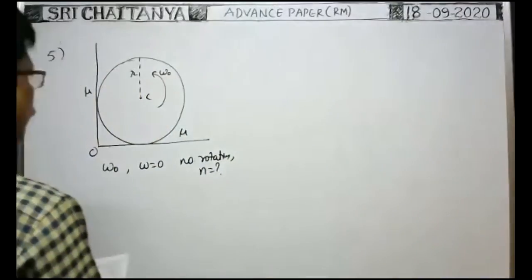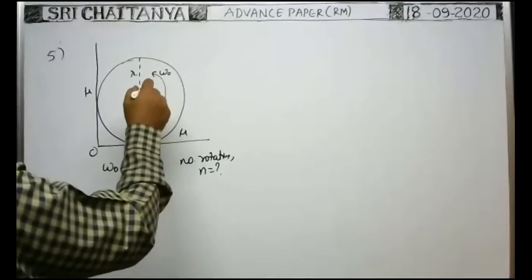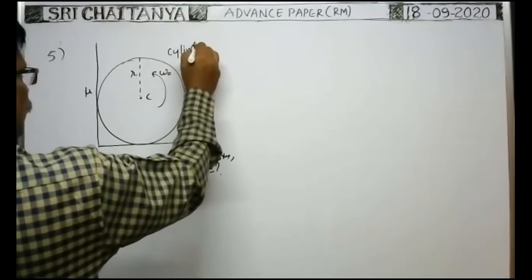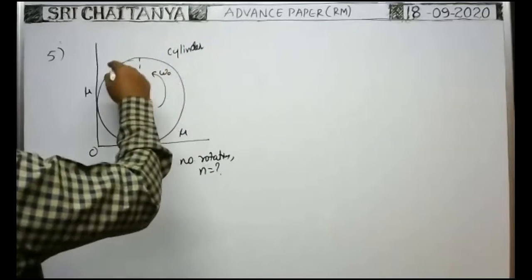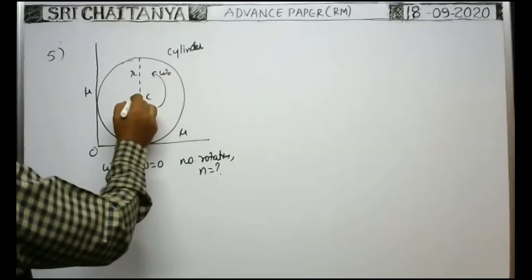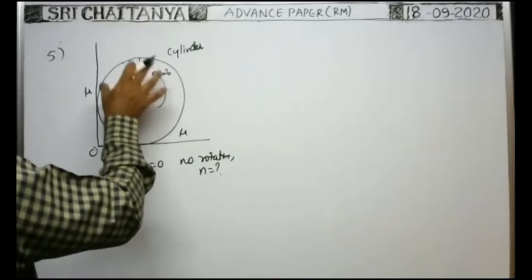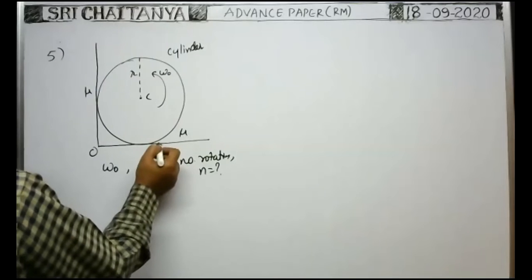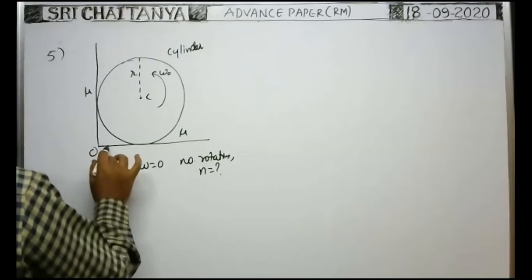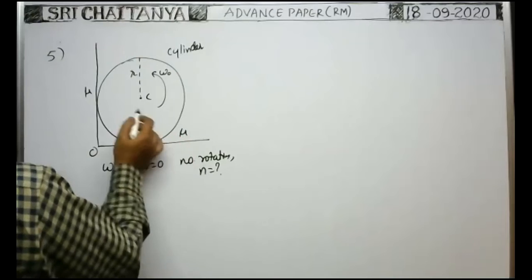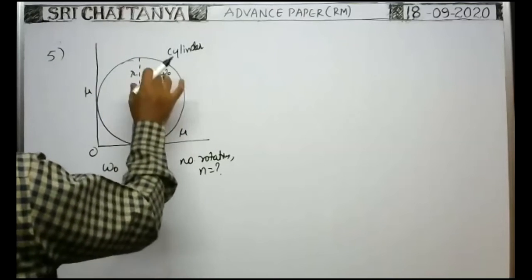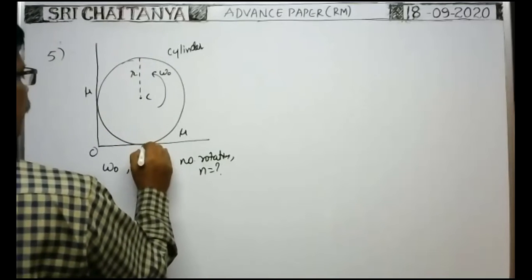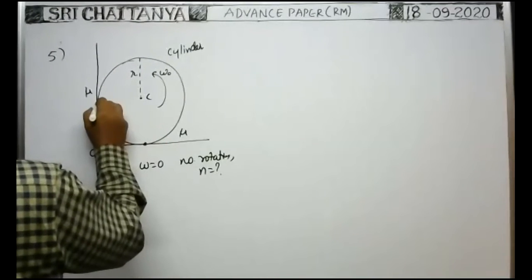All of you see the board. Here, this is the rotating cylinder. Whenever the rotating cylinder with angular velocity omega naught about the center C is kept at the corner of the wall and floor, both are rough, having the same coefficient of friction between the horizontal ground and cylinder. The coefficient of friction is mu, here also mu. Whenever the rotating cylinder is kept in contact with the vertical wall and this horizontal surface, at the point of contact friction acts.